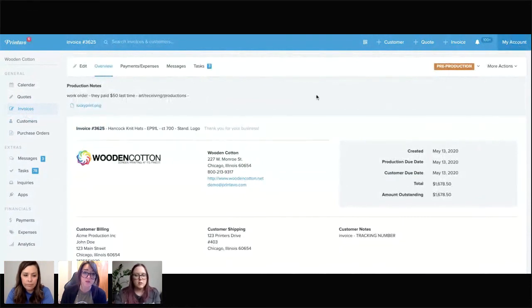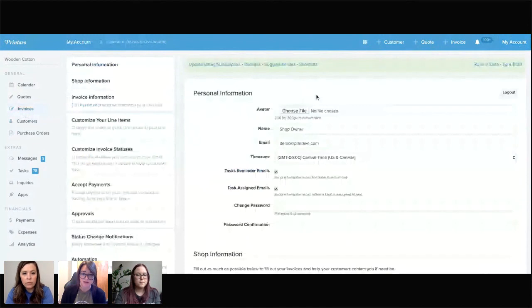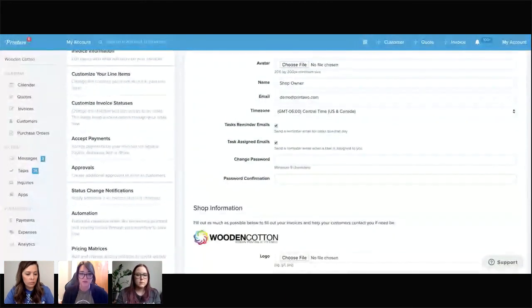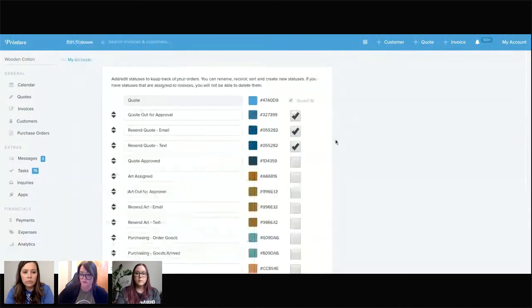And that's customer facing. The issues I see with that come up is our clients want to make sure the customer is seeing quote versus invoice. So that's something to keep in mind. That's what the customer is going to see if it's a quote versus invoice. Cool. So once you have those set and once you've decided what the first steps are going to be in